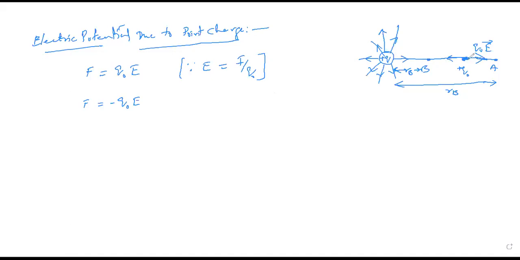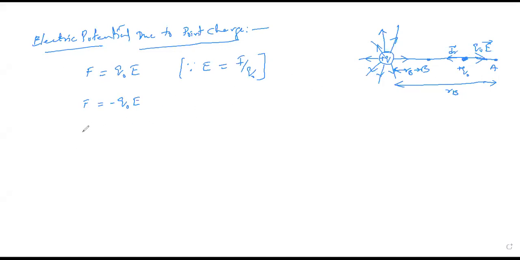So that means it moved a small distance dr. Correct? It moved a small distance dr. If forcibly, that means by some external agent, this test charge moved towards this side, how did it happen? Due to some external agent, we forcibly moved it from here to here at a distance of dr. Then some work is done. So the work done by this external agent on this test charge to move it towards point B, a distance of dr.